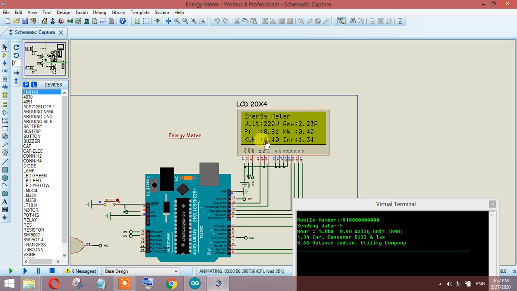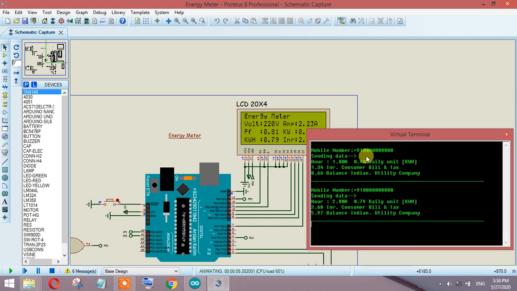And this one is the INR. You can see that I have made my system a little fast, because I have to show you the kilowatt hour. In actual use it will take too much time to show just 0.01 kilowatt hour, because this needs 1 hour to calculate those values, but here in the simulation I have fast forwarded it.